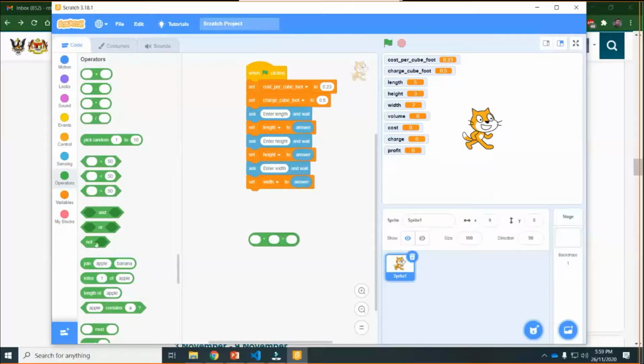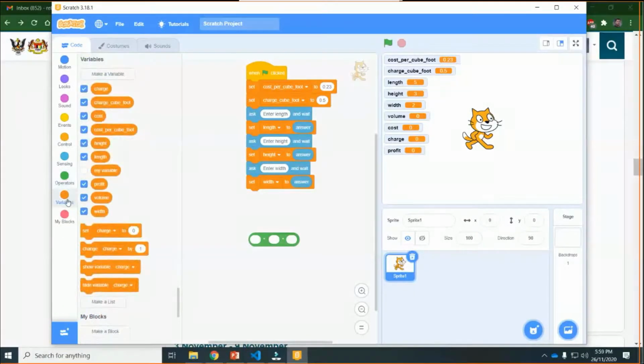So in the first slot we want to put length, then width, then height, or in any order. If you click the variables, you can just drag height into this, multiplied with the length into this, multiplied with width into this. Volume is calculated, right? Even if you click this one, it will give you the value based on these values.